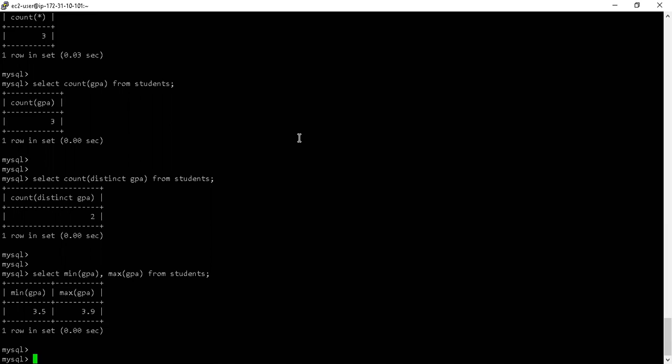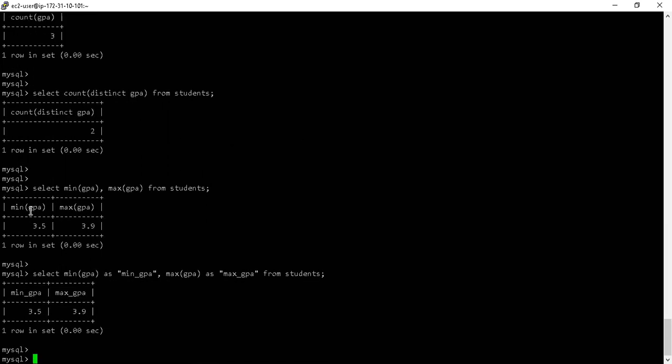I can even give them names. Okay, I can even give them names. So I can give them identifiers with a keyword called as. I'll say min GPA, and I'll call max GPA as max GPA. If I do this, you see the name of the column. So earlier the name of the column was simply the name of the function. Now it has changed to my custom name.